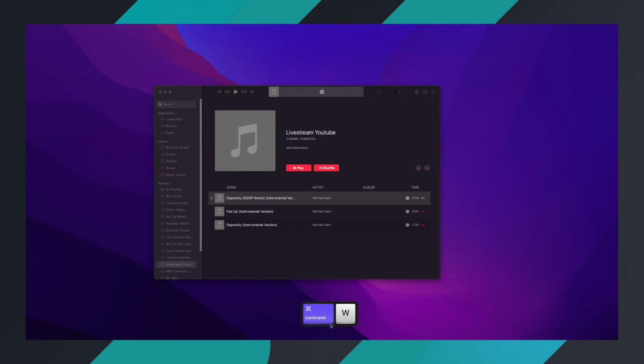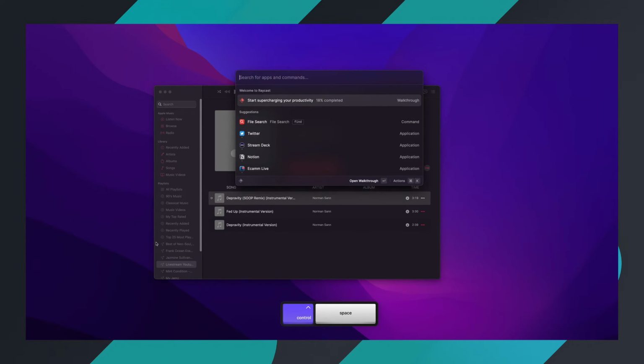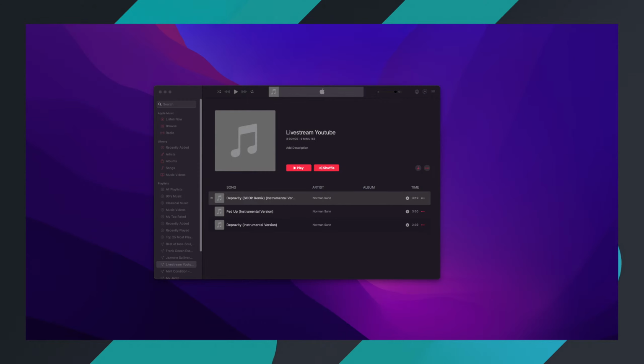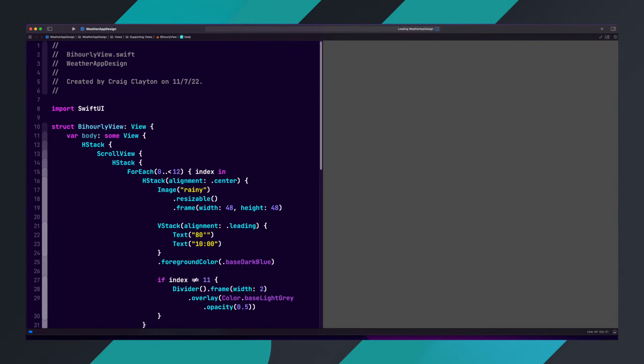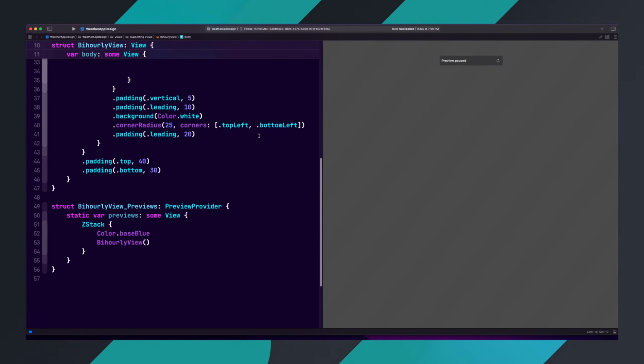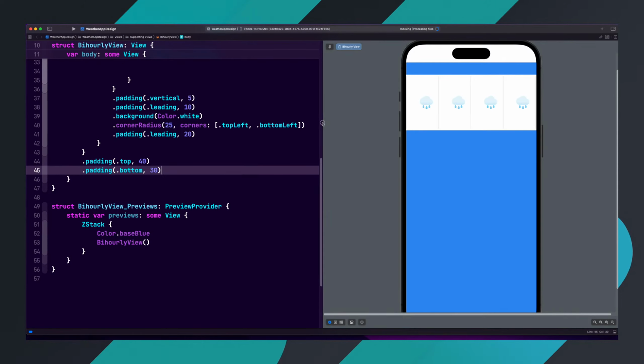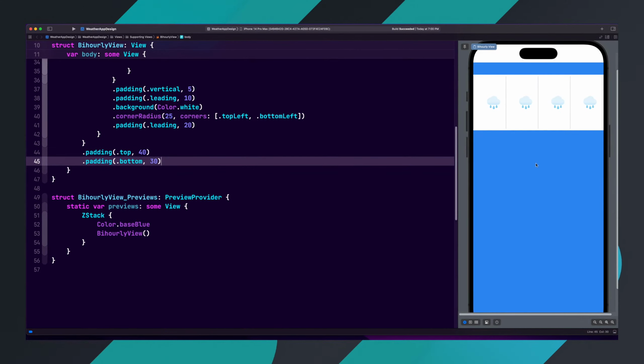Oops, didn't mean to minimize that. Oh, I closed the project. So Xcode, and sorry about that. Good. Okay, so bottom, and we'll refresh. Okay, now